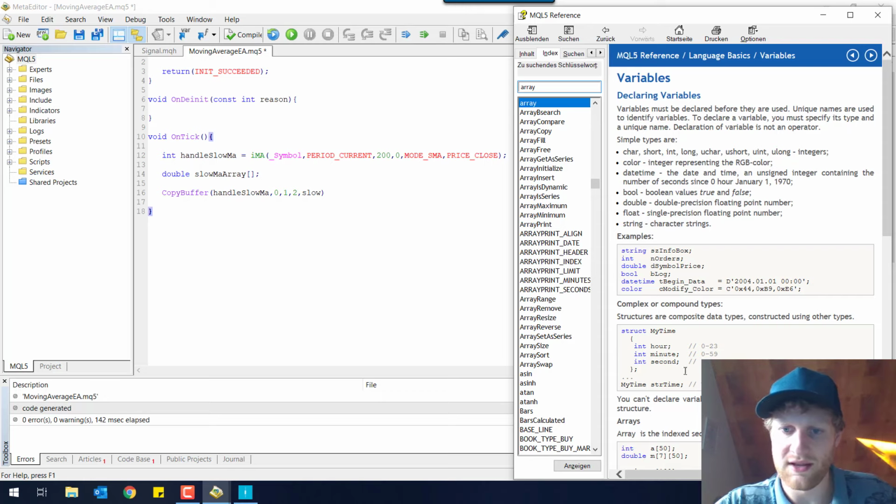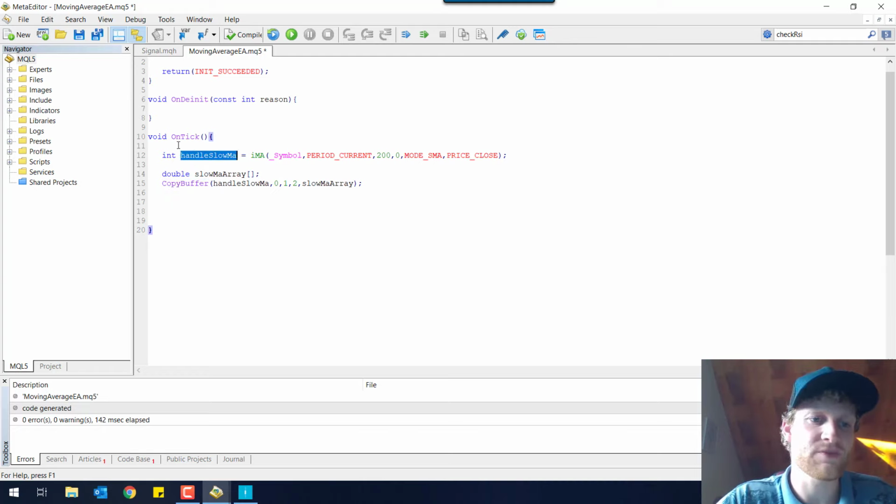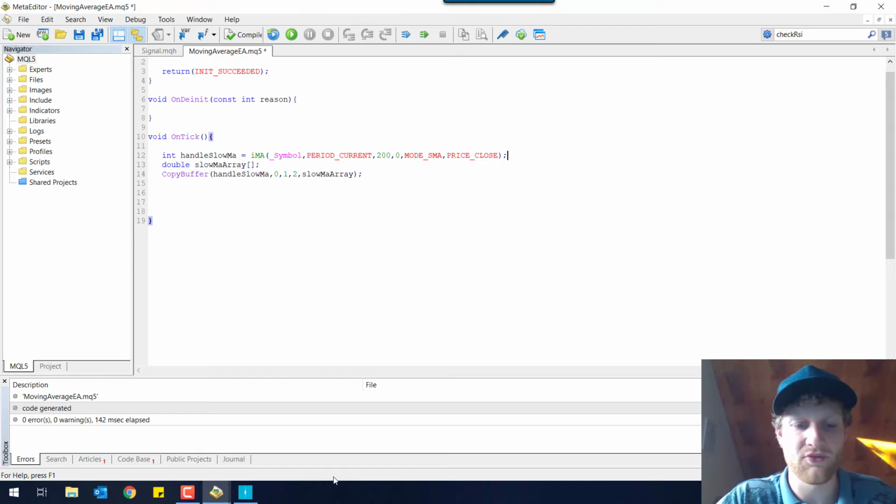I don't know really how you call it, but it's an undefined array. It has an undefined range in the beginning, and the CopyBuffer will take care of extending this array to the needed amount of numbers to store inside. So what this does is it takes the handle of our slow moving average